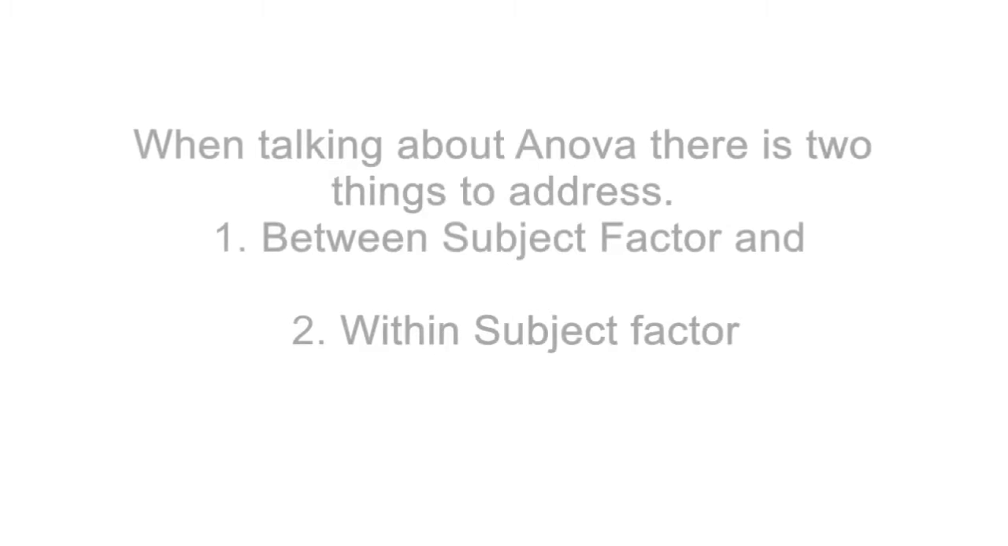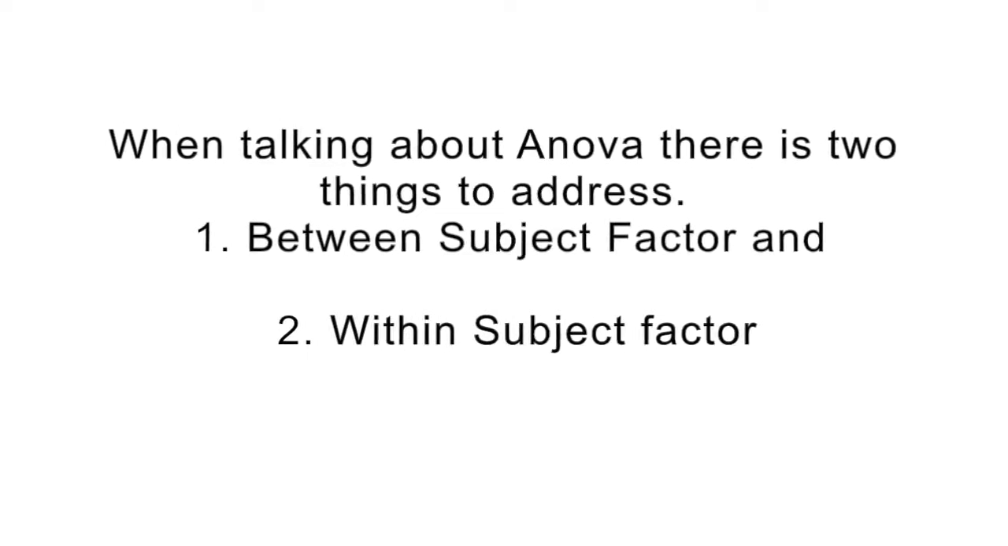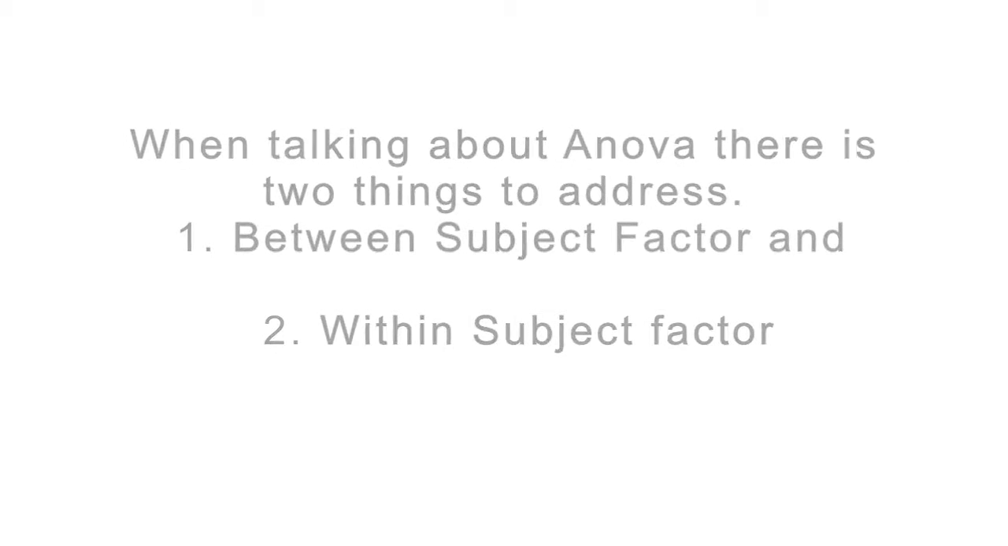Okay, so when talking about ANOVA, there are two things to address. One of them is the between subject factor, and the other is the within subject factor. Between subject factor is when different subjects are used for different levels of the factor. The factor is the independent variable. And there is a comparison between different groups of subjects. For example, you try to see how one group and another group compare when you give them two different medications